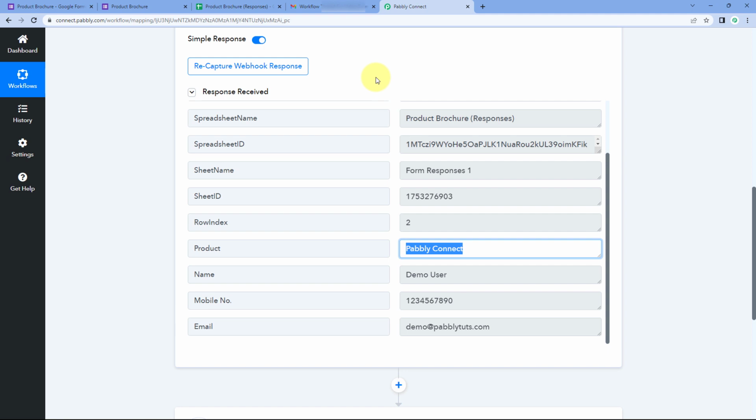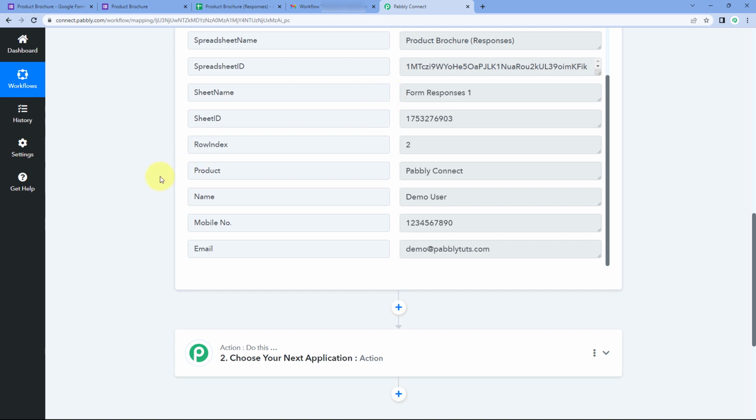Now, every time we receive a new form submission, the details of that form submission will be received inside Pabbly Connect, and this automation workflow will trigger. So step 1 of setting up this automation is completed. Now after this, let's move to step 2. And in step 2,